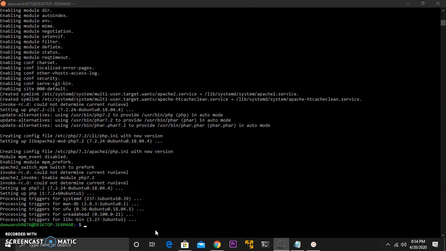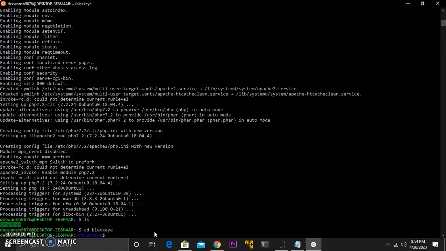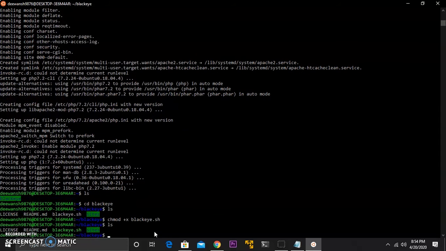So after it is installed, you are ready to use Blackeye. For using it, you just have to give some permission. For giving permission, you can type chmod +x and then blackeye.sh. So you can see the color has changed and the permissions are given. Then you just have to type bash blackeye.sh,